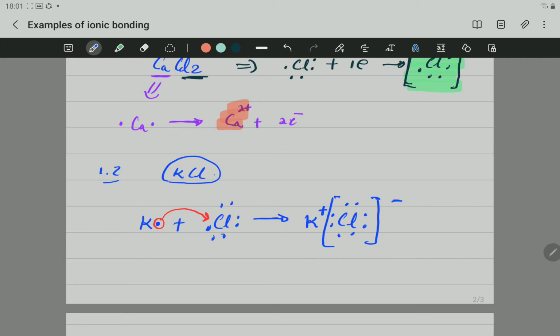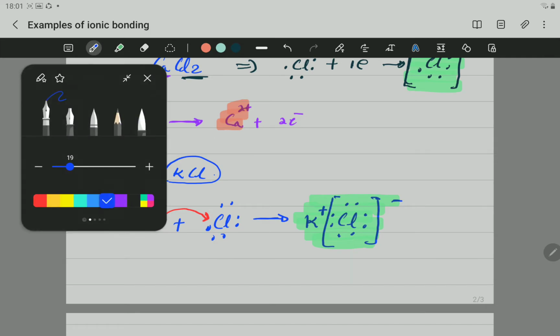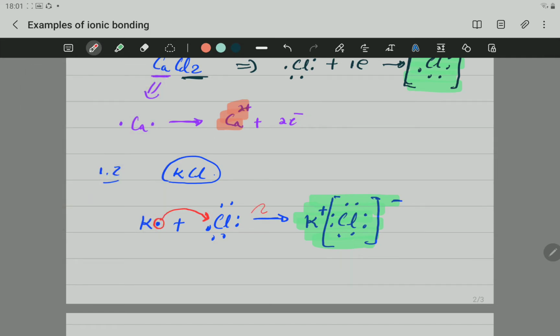This one is how to represent the formation of potassium chloride using Lewis dot diagram. In the exam, you will have marks, maybe 1 for each ion plus 1 for the final formation. Okay, so let's go to the second compound. Now the second compound is going to be